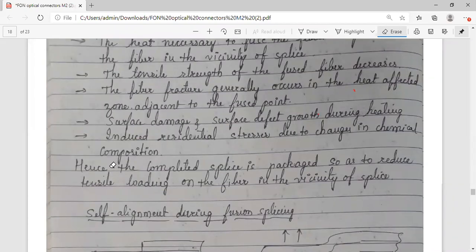So what is the remedy for this? When you go for splicing, when it is completed, finally the product that comes out, say suppose this is your spliced optical fiber joint. Whatever you have joined in this area, you completely make it a package. You cover it completely so that less load falls on it and flexibility improves. You just pack it, you have a package.